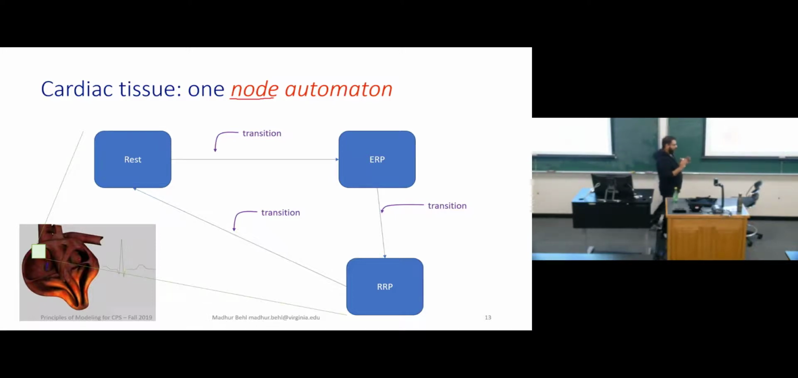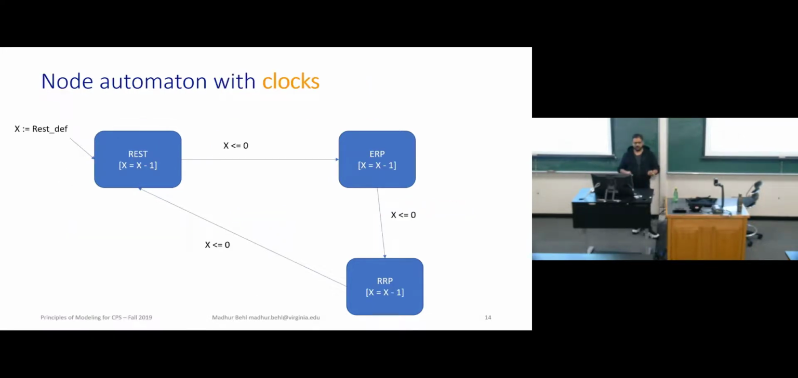But the notion of time is not yet included in this picture. And that's where timed automaton comes in. The difference between a simple transition system or an automaton and a timed automaton is very simple. A timed automaton is an automaton with clocks. So what I have done now is I define a clock X,